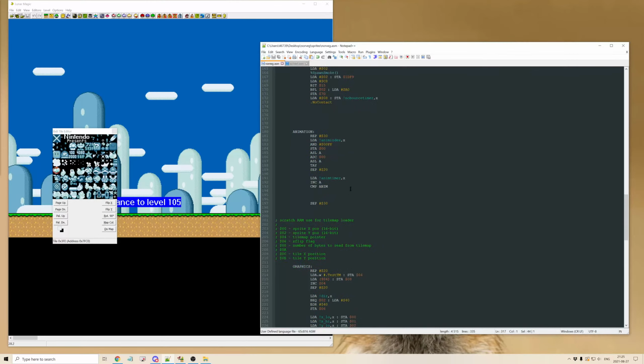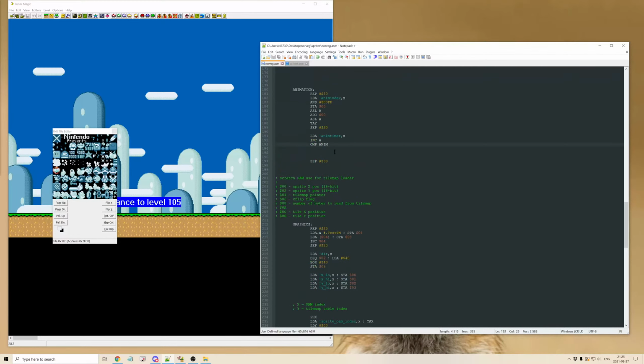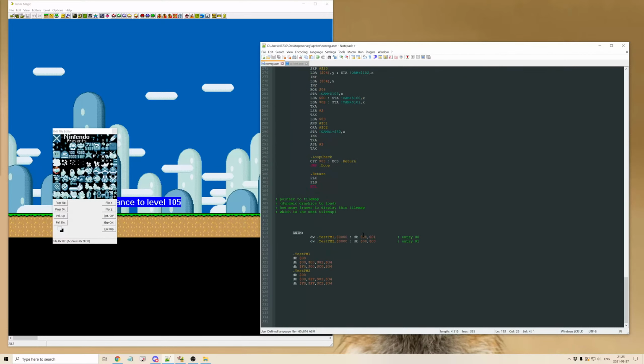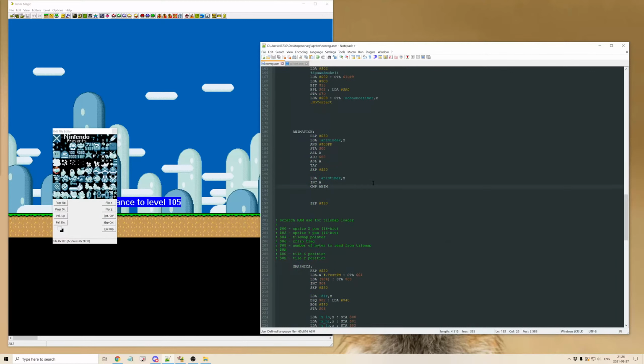So now we can get the pointer to the tile map. So now we can get this value right here. And what we're gonna do is we're gonna compare this to anim plus whatever the offset of this value is. So plus 0 would read the tile map pointer, plus 2 would read whatever data we have for the dynamic graphics, and plus 4 will read this value right here. So we're going to compare to anim plus 4, index Y, and if it's different,